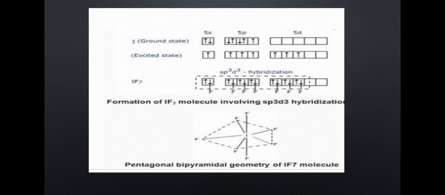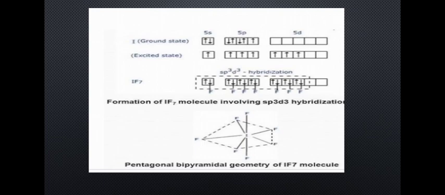All of them will hybridize and result in the formation of a new hybrid orbital, that is sp3d3, which has a pentagonal bipyramidal arrangement, in which you will draw a pentagon. In this pentagon, in the center, iodine will be present, and at the corners of the pentagon, fluorine will be present. As a pentagon has 5 corners, you will place 5 fluorine and attach every fluorine to iodine. Now 2 fluorine are left. They are arranged one above the plane and one below the plane.